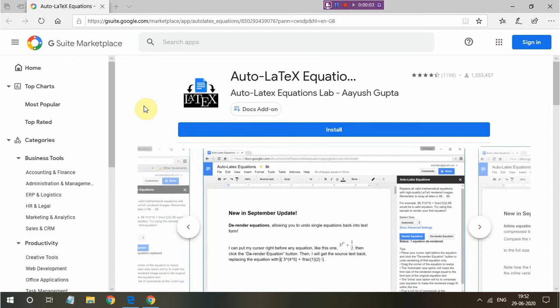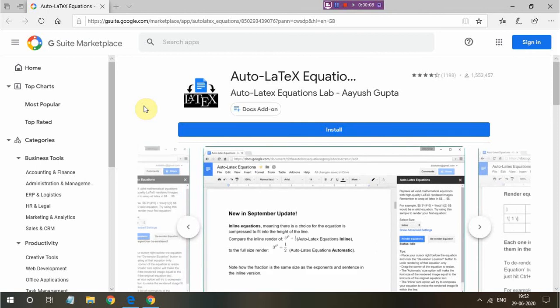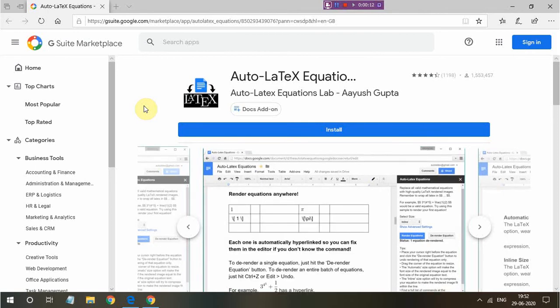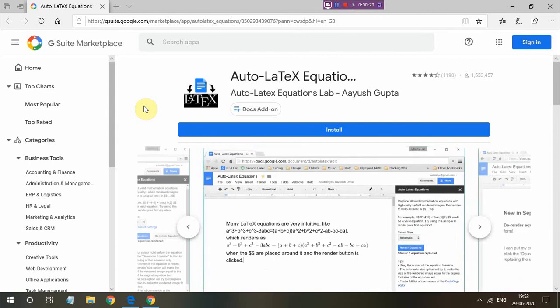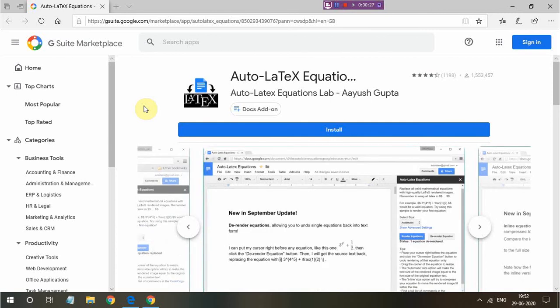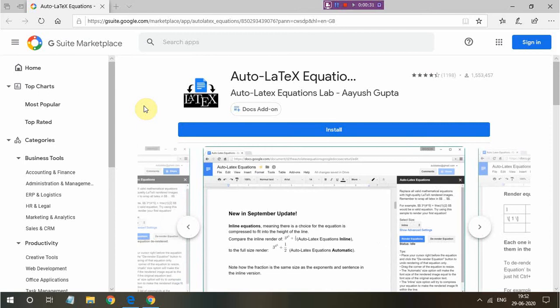Hello friends, so in this video we'll see how to use LaTeX. Whenever you're publishing any research paper or any other paper which contains many complex equations or even simple equations, it's important that you convert those equations into LaTeX. LaTeX basically means that you convert those equations into some image, so that wherever you publish or print it, the equations remain as they are, nothing is changed, and unintended things do not occur, right?